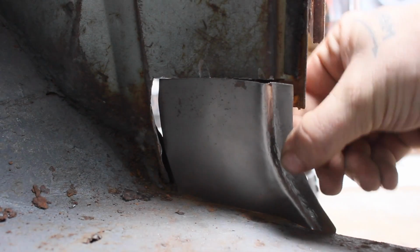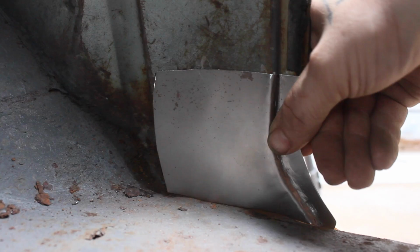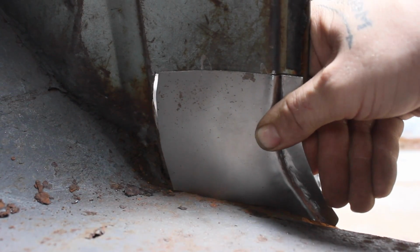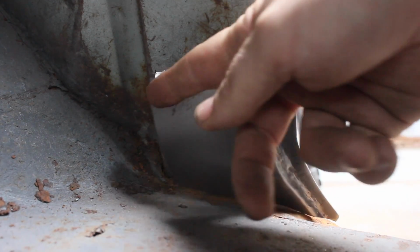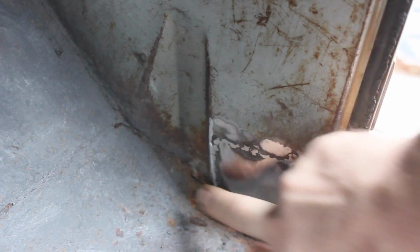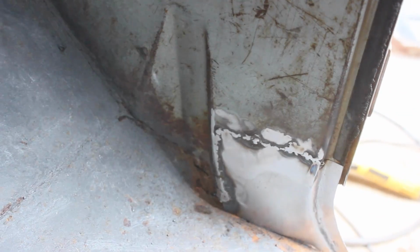Well, that turned out a lot better than I expected. What I cut in the board was a little bit high, but it's pretty close. I'm just going to fill that in with weld. So I think that's actually going to work out all right. It looks nastier on the camera than it does in actuality. I'm going to call that good for now. I'll get around to this when I have the patience, but I want to get this thing buttoned up. I'll come back in here with a Dremel and smooth all of this and make it nice at some point,